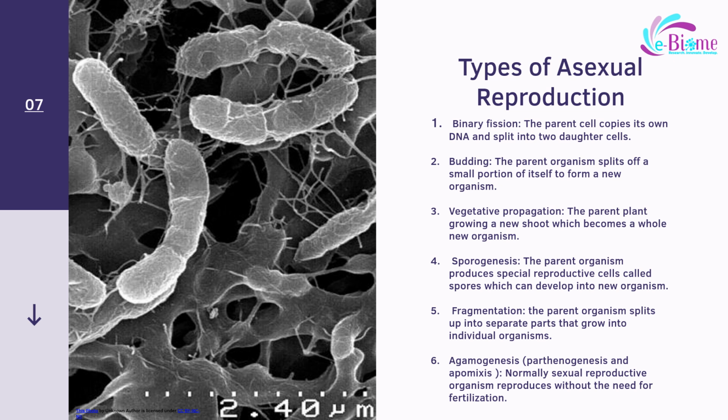The next type of asexual reproduction is known as vegetative propagation. From the name, this type of asexual reproduction typically occurs in plants. In this type of reproduction, the parent organism, typically a plant like banana, grows a new shoot off the main organism that then will eventually separate and form a brand new individual plant. Another type of plant that does this kind of asexual reproduction are birch trees.